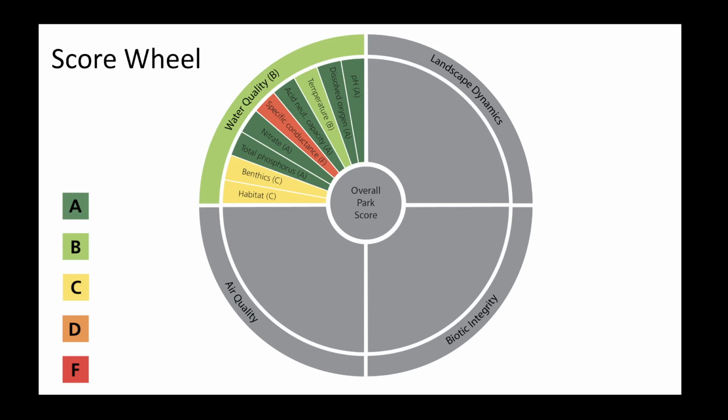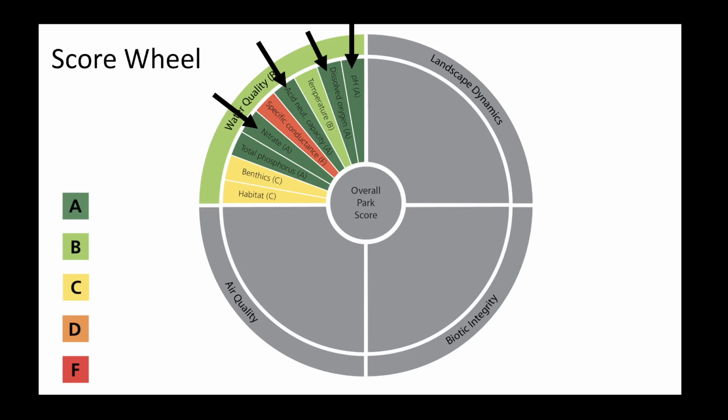For example, assigning a letter grade and color to total phosphorus resulted in a score of A. In the wheel, this indicator wedge is shown in dark green and listed with a score of A. This reflects the results of our earlier scoring process. Total phosphorus is in very good condition. Moving on to the other indicators,